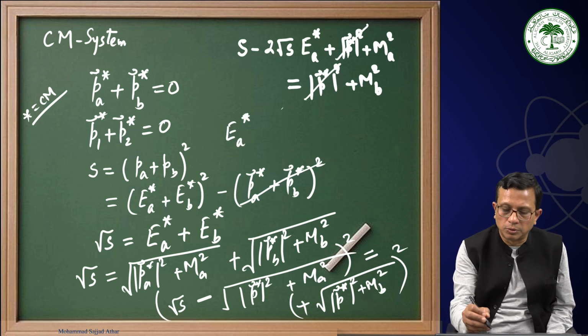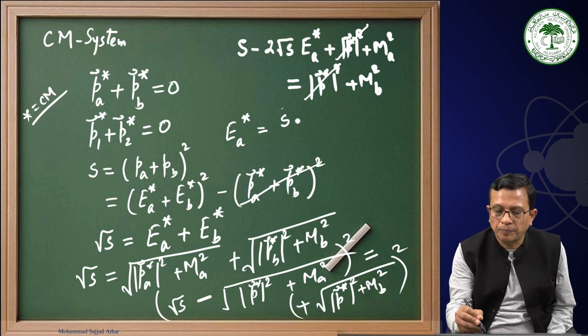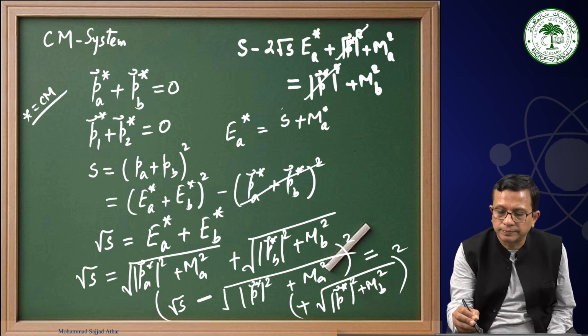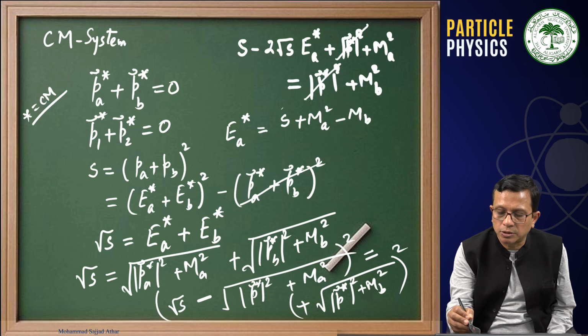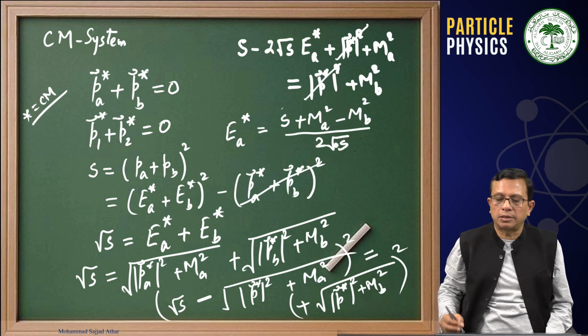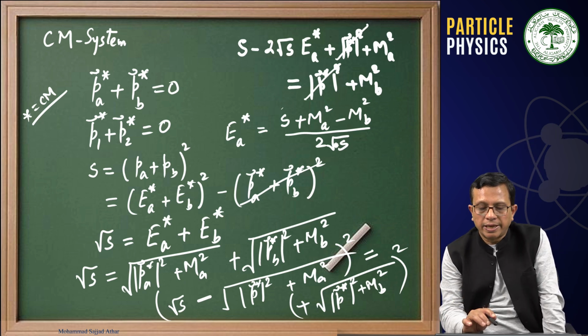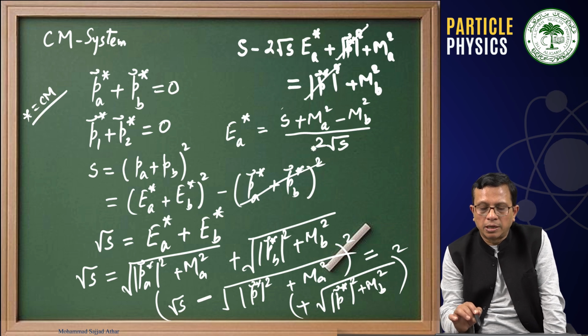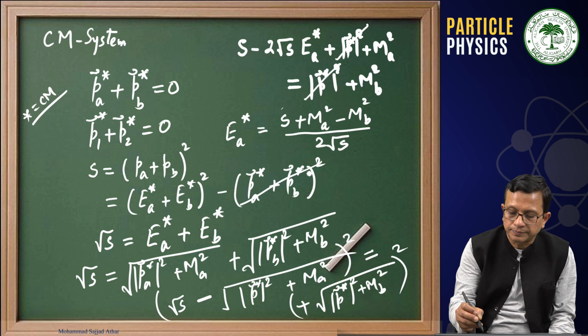This is equal to S plus MA square minus MB square by twice square root S. Notice EA star is S plus MA square minus MB square upon twice square root S. Therefore,